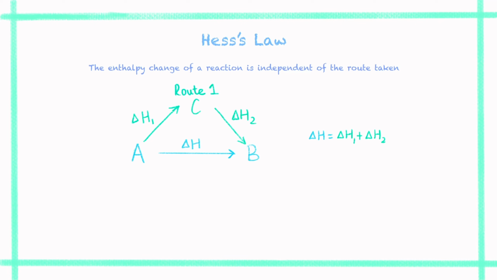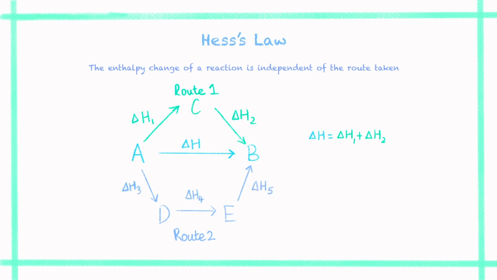Consider another route that turns reactant A into product B. A first turns into compound D, and compound D turns into compound E. And finally, compound E turns into our target product B. We will name this route 2. Similar to route 1, we will assume the enthalpy changes of the reactions are delta H3, delta H4, and delta